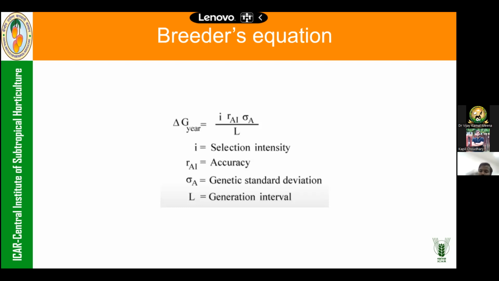Every breeder wants to have a variety as soon as possible because it is a competitive world. As soon as you have your product at hand, you can monetize it as soon as possible. This is the kind of competition private companies have. They want to have products in the pipeline as soon as possible, so they are more efficient at these things. So your delta G per year, the genetic gain per year, is dependent on your selection intensity, your accuracy of selection. This is where genomic selection works,